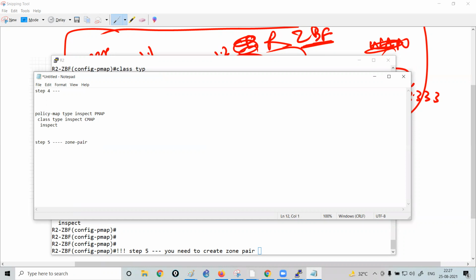Since we have created an insecure zone, right guys? We have created a secure zone on the router. We have created a class map. We have created a policy map.